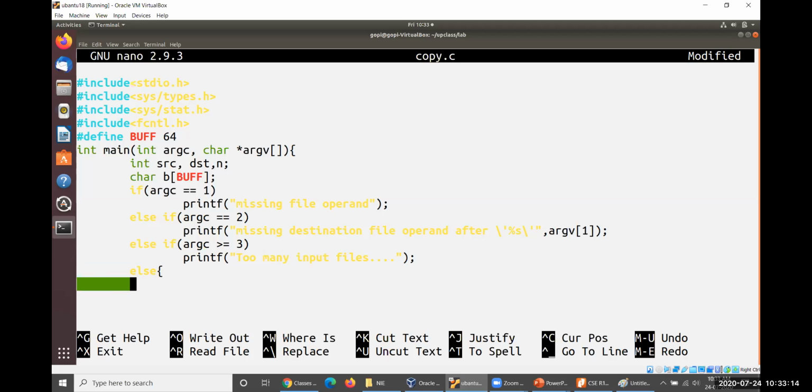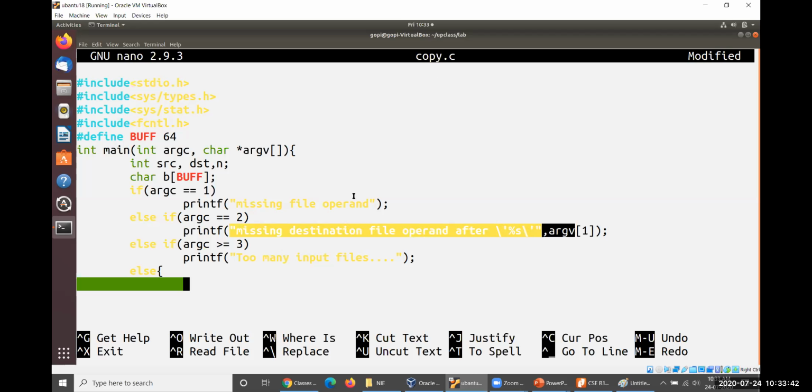Let me start the work here. Now, looking for the single parameter as your executable file name, that is ./cpy, cpy has been given, and the file names have not been given. So that error message could be displayed. Two parameters will be given. What does it mean? cpy followed by the source file has been given. So then this is the message which is going to display over there.